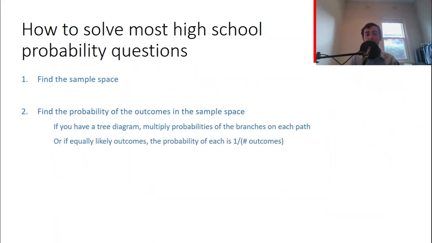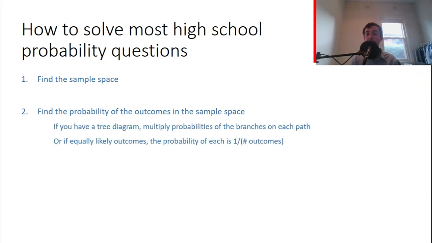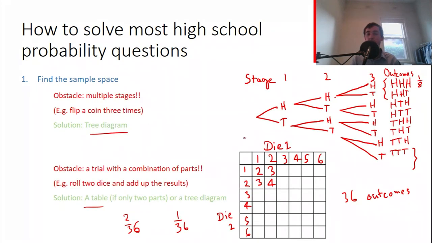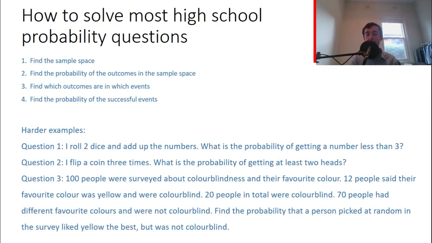Okay, so that's how to find the probability of the outcomes in the sample space. Number 3, find out which outcomes are in which events. Now, actually, for these 2 examples we've just done, the coin and the dice, this is pretty easy. Work out which outcomes are in which events. If we go to the question,